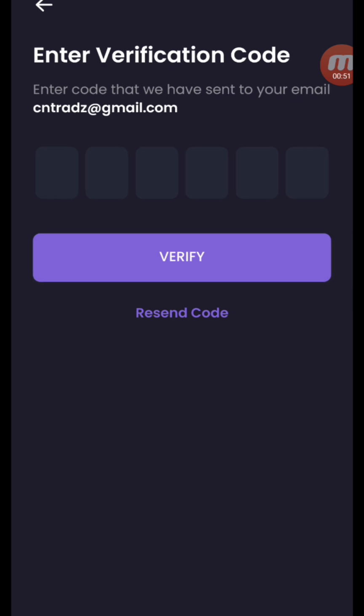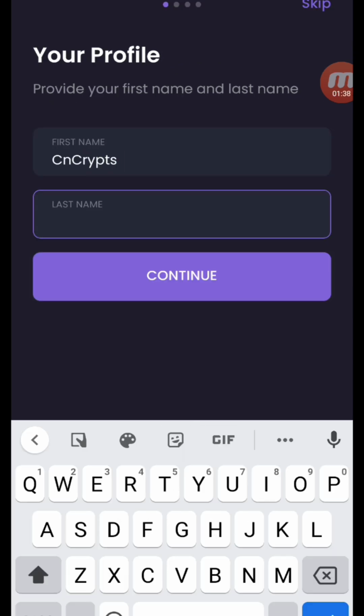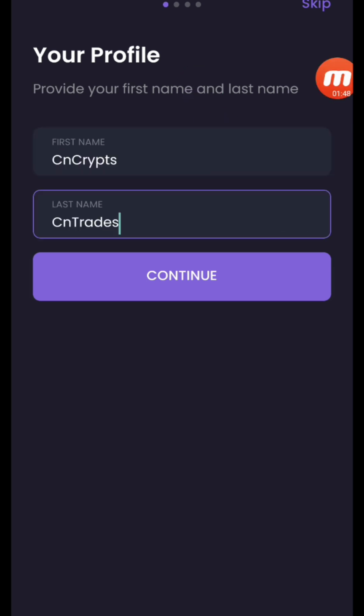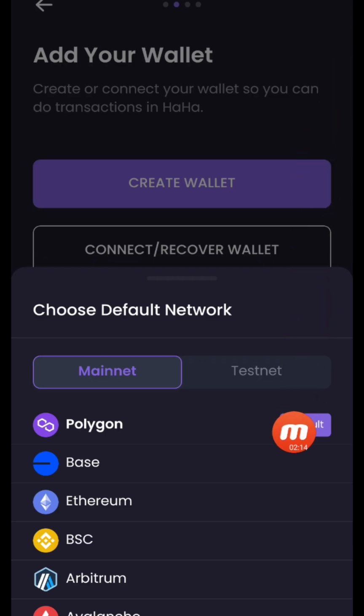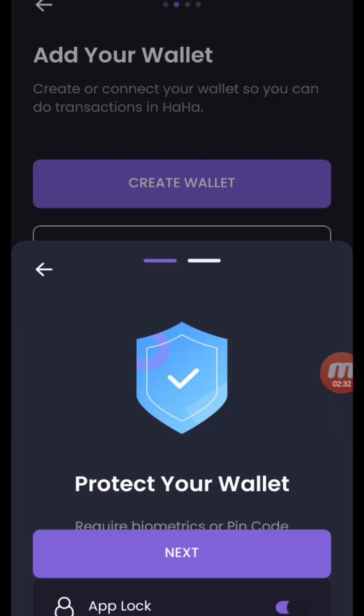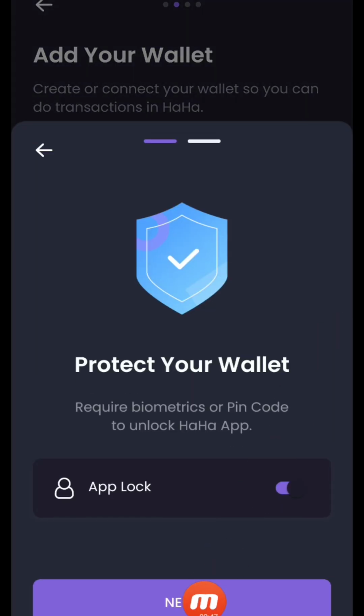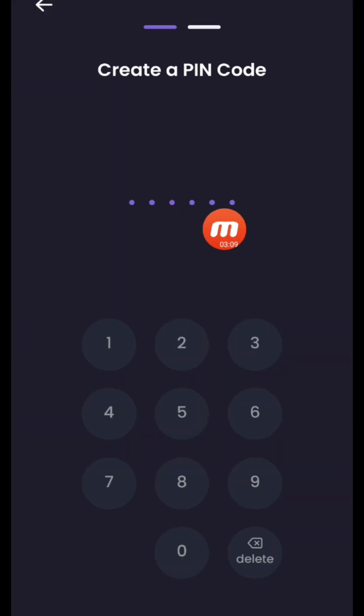Then get the code that was sent to your email, input it and hit verify, put your name, and that's all. And then you hit on continue. Click on create a wallet. Of course, by default, it's going to be on mainnet and Polygon. Leave it at Polygon, right? Just click on the Polygon, click on next. You can toggle this on or off. Okay, it's on. So you click on next,